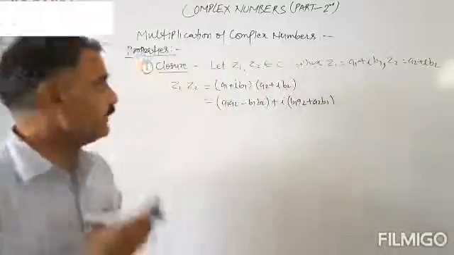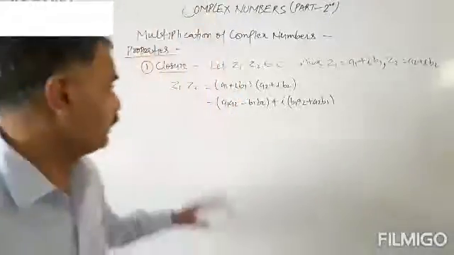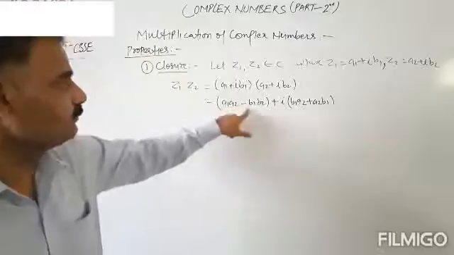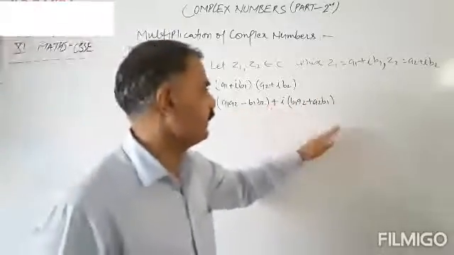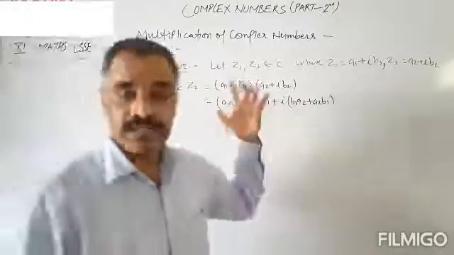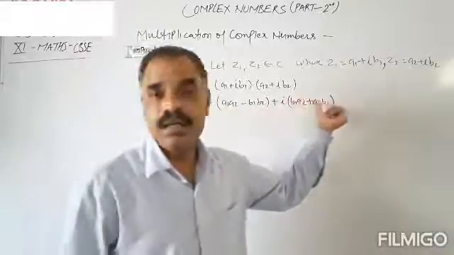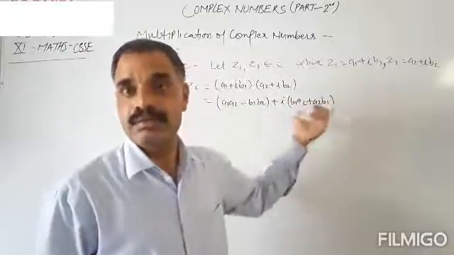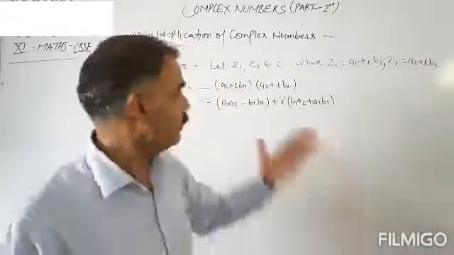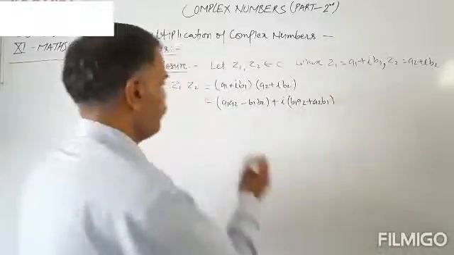Okay, so this is the multiplication of two complex numbers. Z1 Z2 is equal to (A1 A2 minus B1 B2) plus iota (B1 A2 plus A2 B1). This is a complex number, and it contains a real part and an imaginary part. Real part plus imaginary part means it is a complex number. So Z1 and Z2 are two complex numbers, and Z1 Z2 is also a complex number.